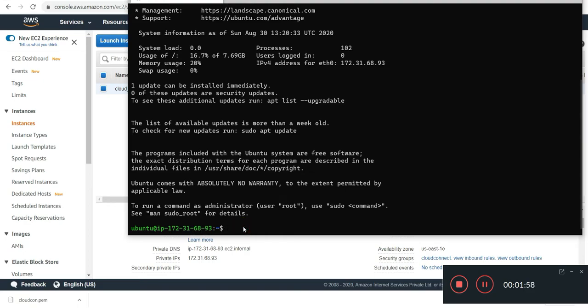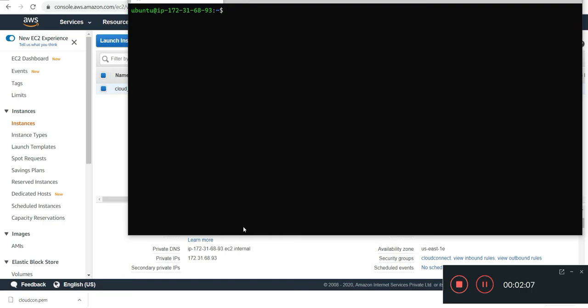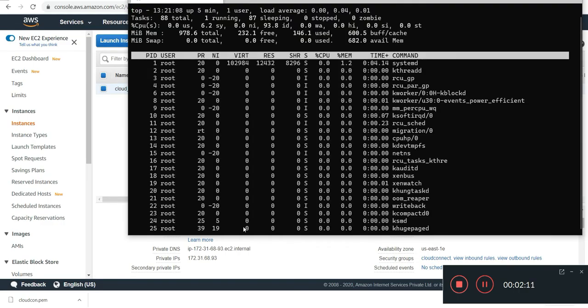So let's run some basic commands. Let's clear it first. Let's run ps, see if the process is working fine or not. Yeah, it's working fine.